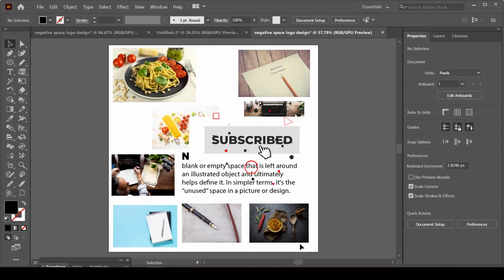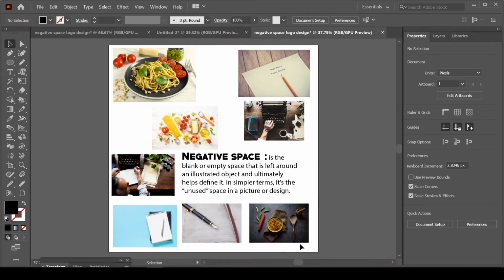As you can see, we want to make a logo which has a meaning, and we want to combine two shapes or two illustrations together to make some meaning about our logo. The logo here is named Food Writer. So I collected some pictures from the internet, from the Envato Elements website, which is a paid website, and also you can go to Unsplash, another free website, and you can collect your